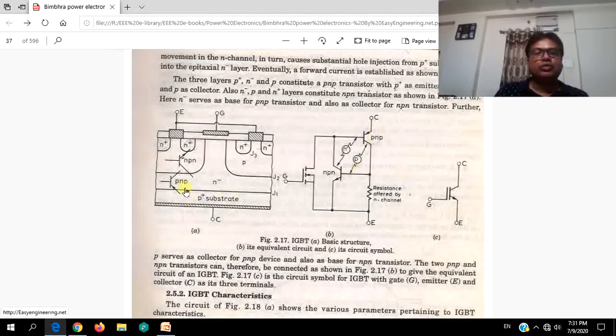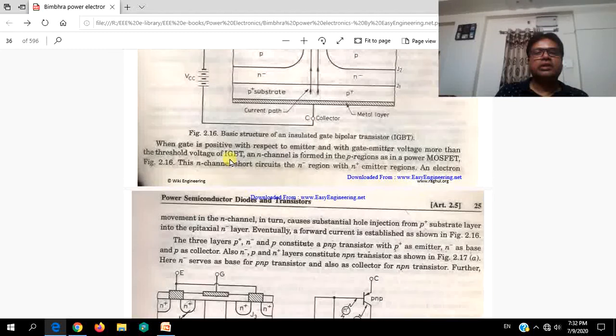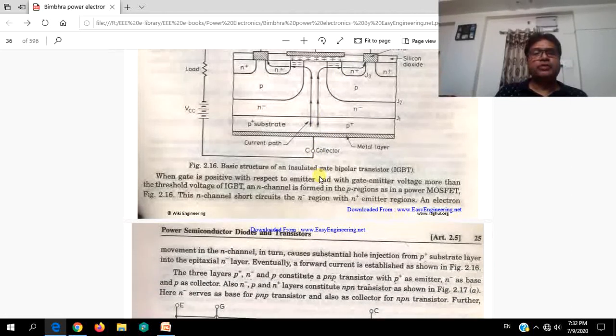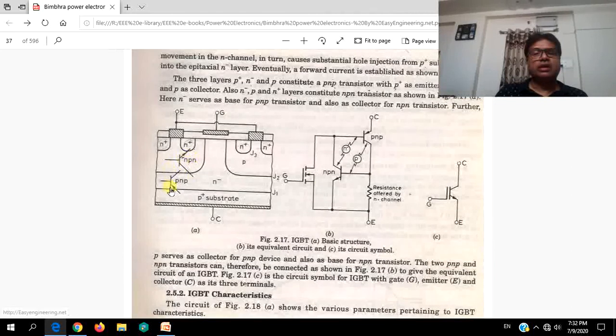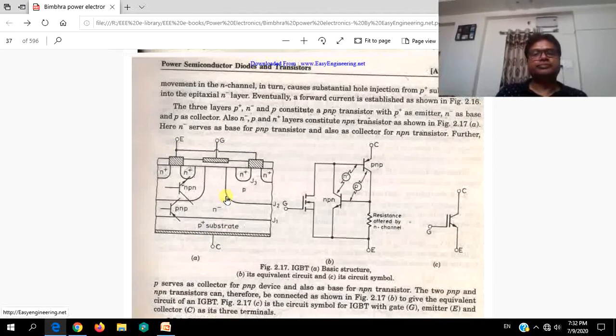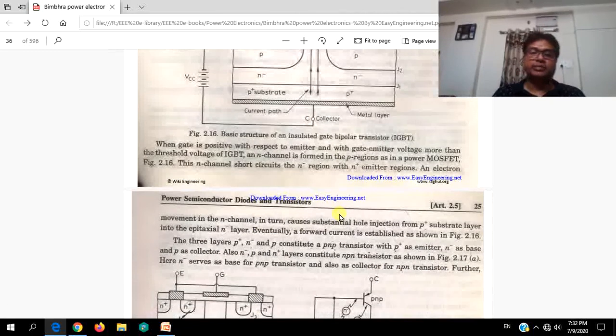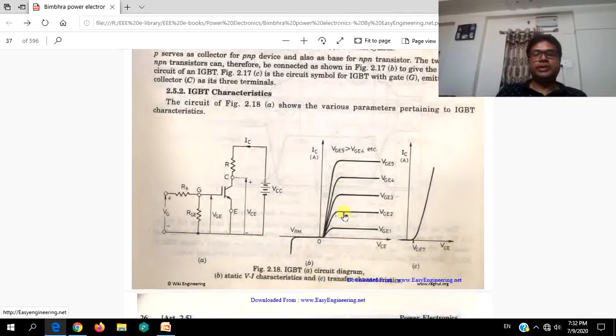The conduction through these should not take place. The actual conduction should take place in this direction, as we have discussed over here. The current conduction should be in this path. So before the forward breakover voltage occurs and the current conduction takes place in this path, the threshold voltage between gate and emitter should be crossed so that current flows from this P layer to the N plus layer, or in this direction. That is how an IGBT should be operated.